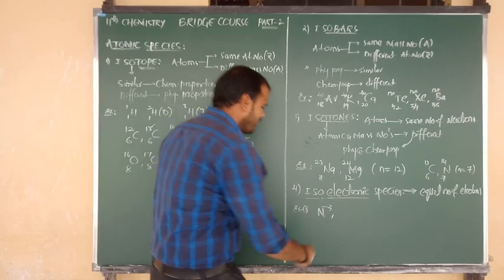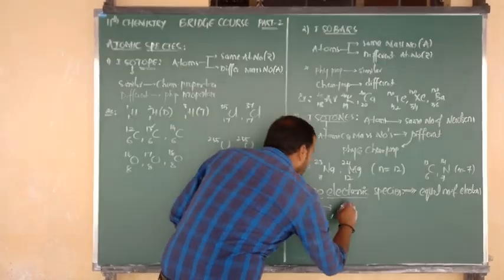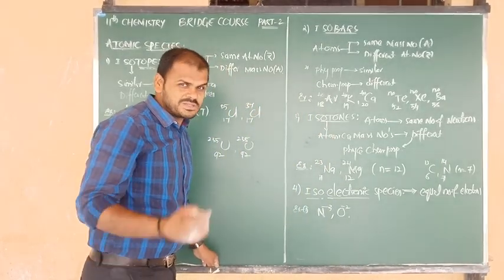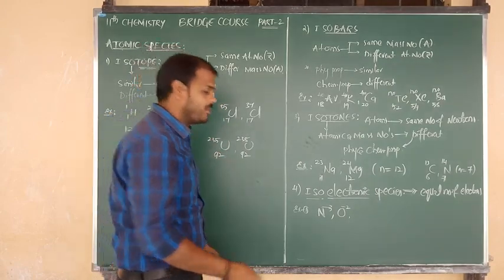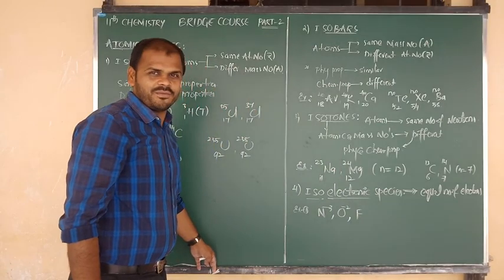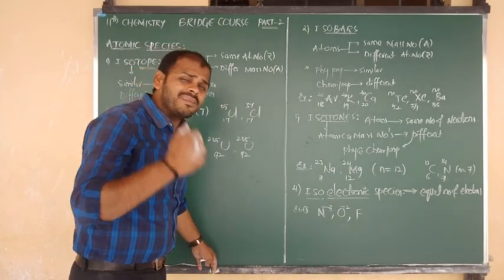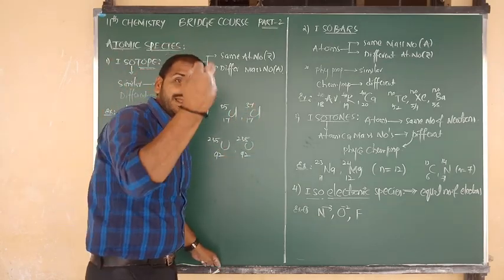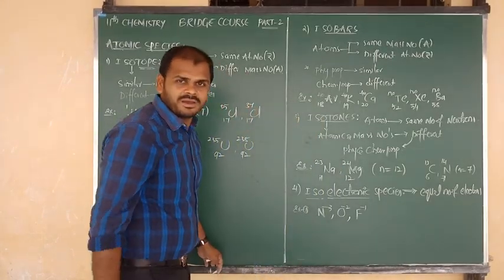Next, atomic number 8 is oxygen. Oxygen requires 2 electrons and always carries a -2 charge, because oxygen contains 8 electrons, and by gaining 2 more it becomes stable. Next, fluorine. The symbol is F, and its atomic number is 9, so it contains 9 electrons. Because fluorine has the highest electronegativity, it can easily gain 1 electron, so 9 becomes 10.